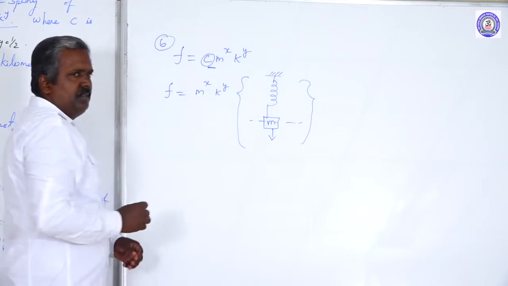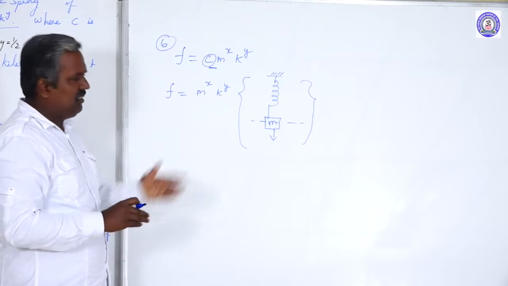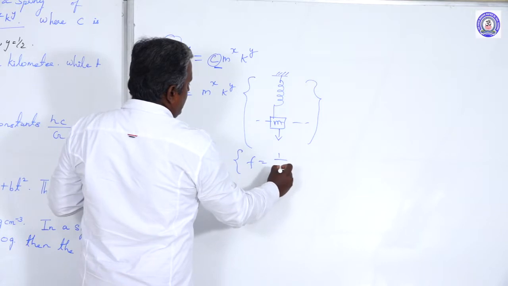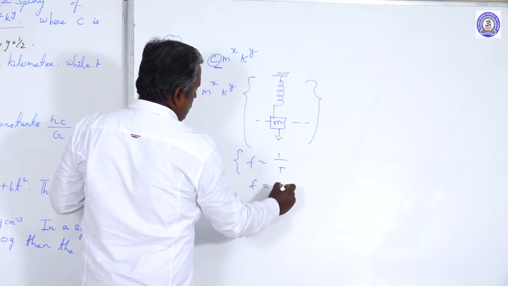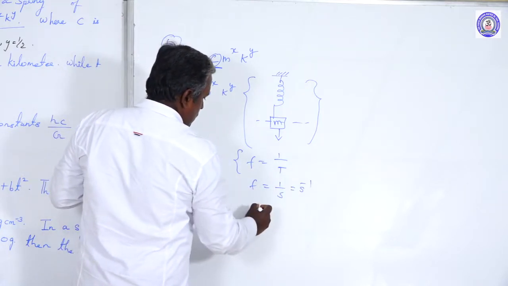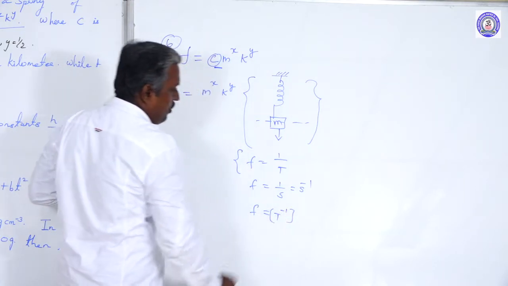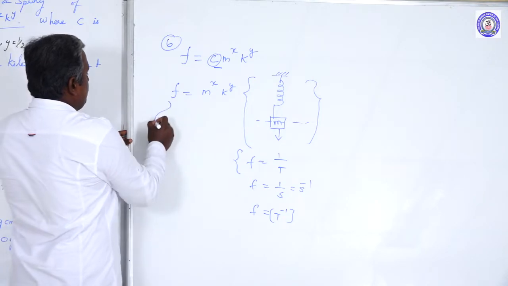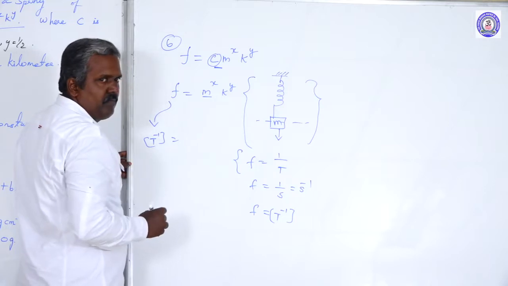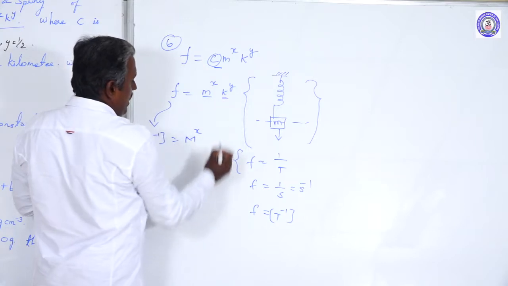So what will be the frequency? Number of oscillations or waves per 1 second. Like this, it oscillates. So F is equal to 1 by T, or the unit for this is 1 by s, or s inverse. So the dimensional formula of frequency is T power minus 1. Clear? So T power minus 1 for frequency. For m, mass, now it is m power x. For k,